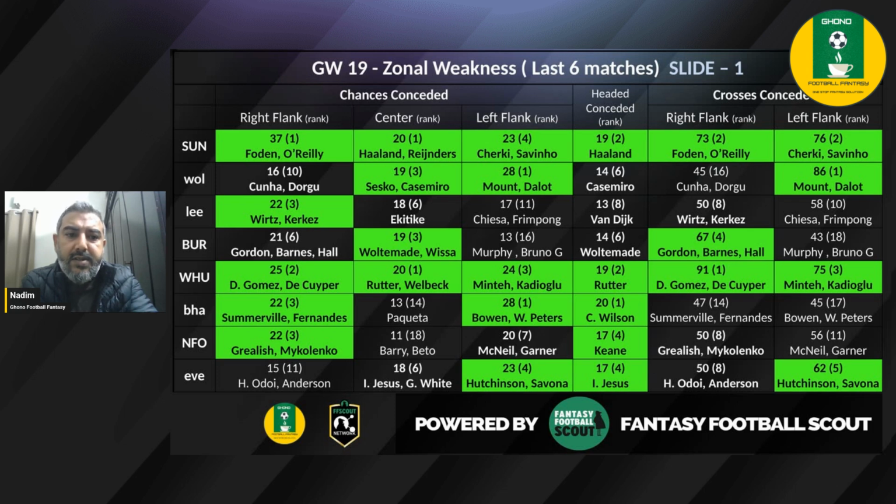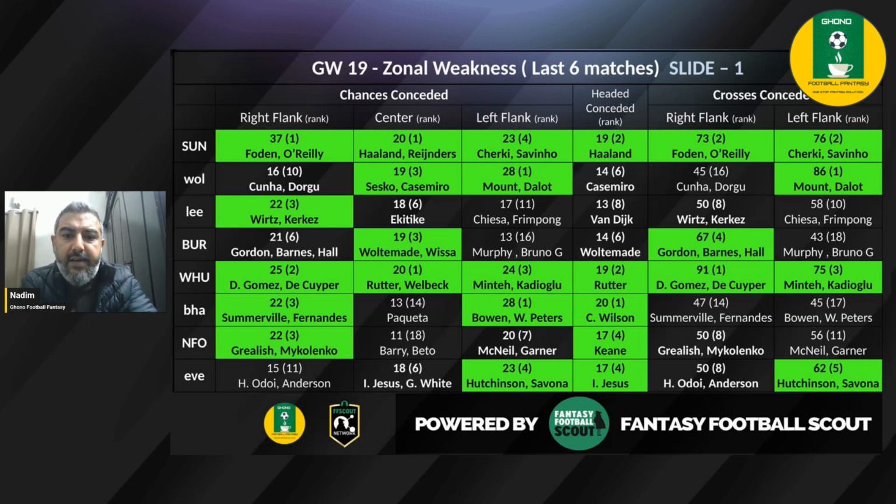22 chances considered by Leeds down the right flank. This is where Wirtz could play. And of course, Ekitike, who's in good form, could also do well. He's not colored here. He's just outside our scope, ranked sixth. So that's why it's not colored. But again, this is an area where Ekitike could still do well, given the fact that they have considered 18